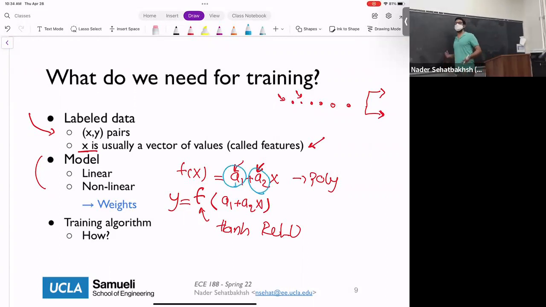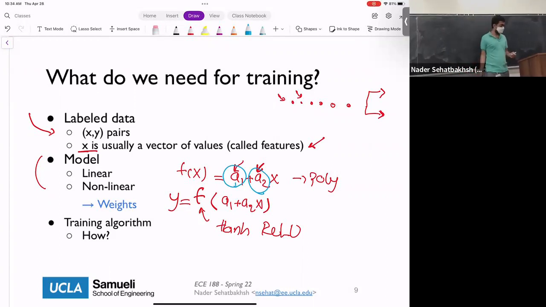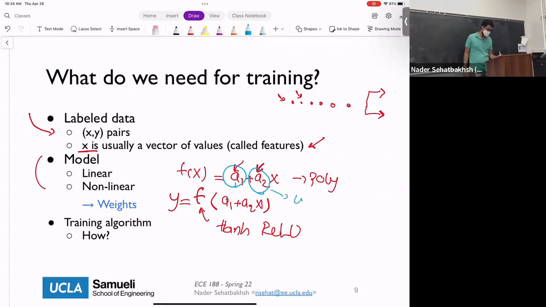And we usually call these weights in our systems, right? So the goal of the training is finding these weights. And if you have these weights, it basically means that the model is trained, right? We usually use W to show that. Okay? And now that we kind of know what we're looking for, we have the input data, we have the labels, we know the model, we know what we are looking for.